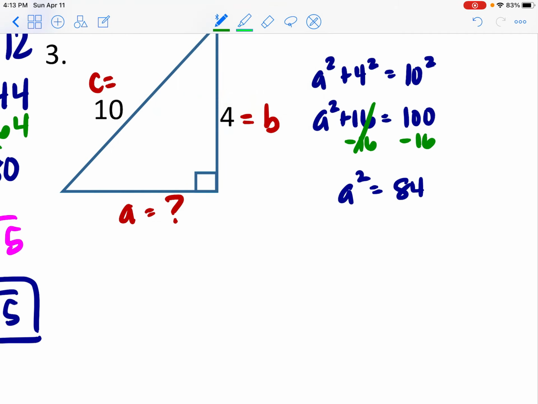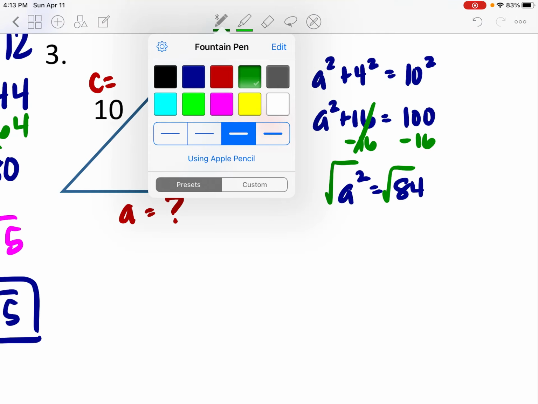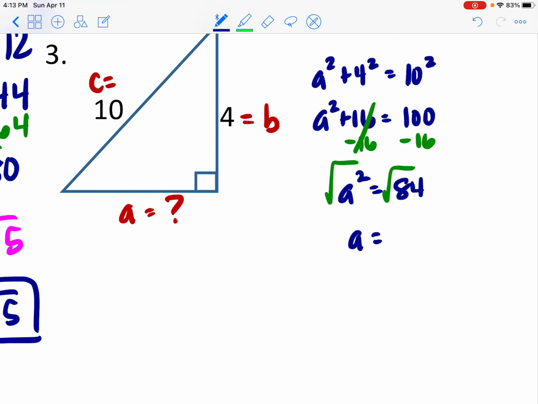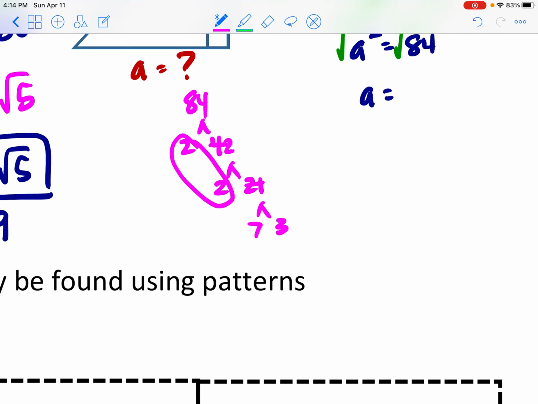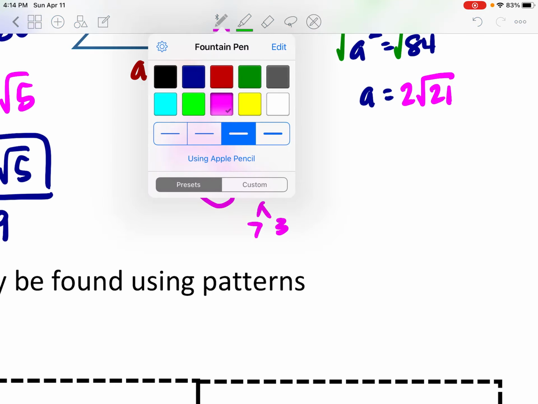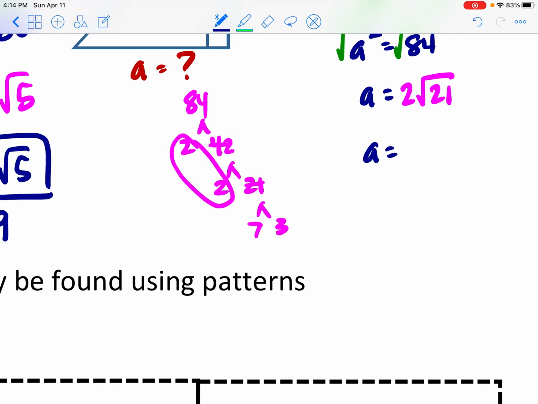And again, we're going to square root both sides to solve for a. We cannot take the square root of 84 exactly, but we can try to simplify that. So if we were to break down 84, 84 is 2 times 42. That's going to be 2 times 21, and that's going to be 7 times 3. So we're going to be able to take a 2 out, and then we're going to be left with 7 and 3, or 21, inside of the radical. So a is exactly 2 radical 21, or approximately,